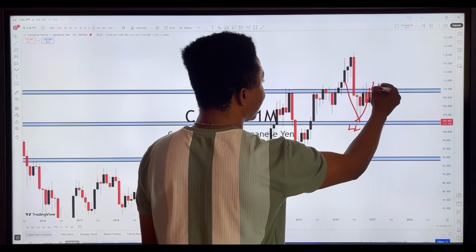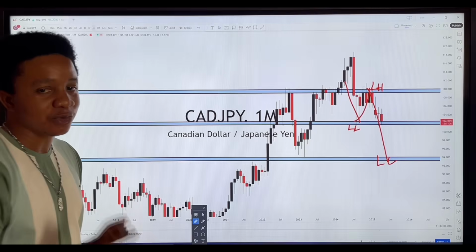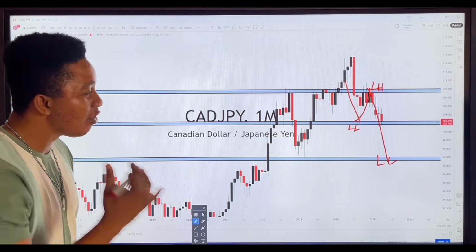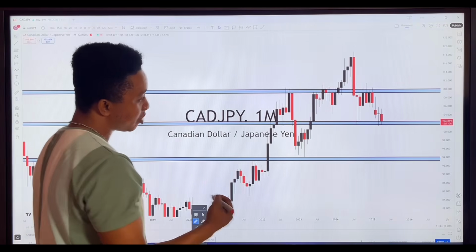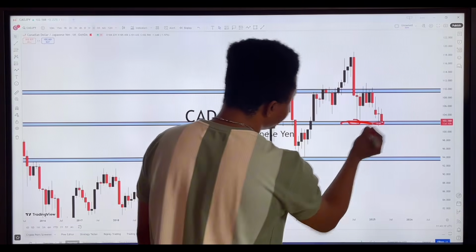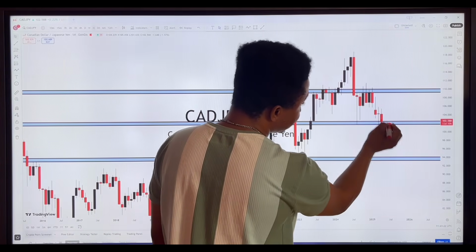You see a lower high. What happens next? Continuation to give us a new lower low, and the cycle continues in that manner. So on CAD JPY, we are looking for selling opportunities. It's that simple, selling opportunities. But currently, price is on the support level of the middle zone. So what do we do? We are going to wait for price to break below first before the selling opportunities come in